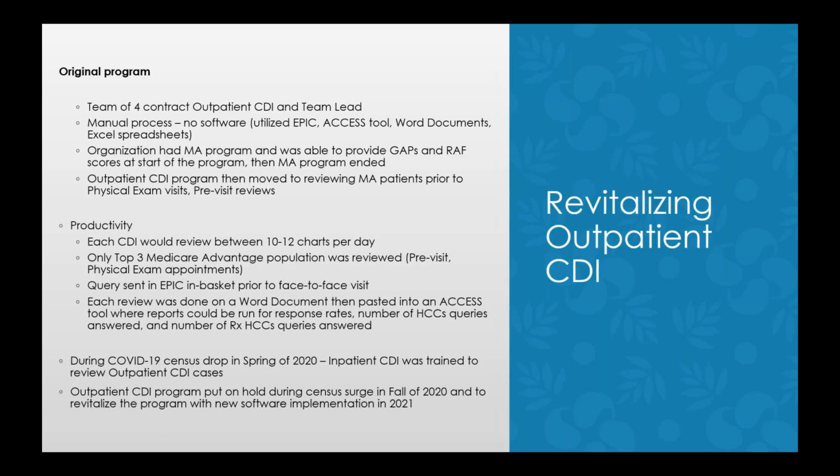And then that review was done on a Word document tool, and then we would paste into the Access tool. And so that Access tool would be where we would run reports. What we could do, we didn't really have those risk adjustments for each of those. So what we would look at was the number of HCC queries that were answered, that response rate. And then also we looked at the RX HCCs. So we would keep a report on how many of those were answered and look at those response rates,